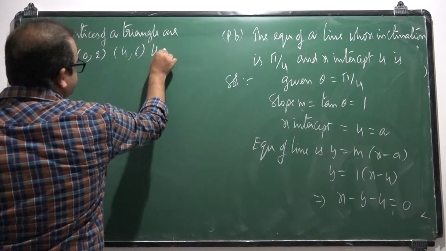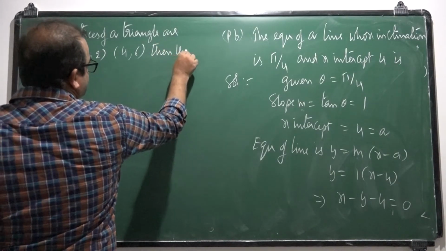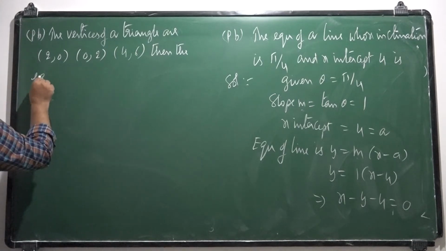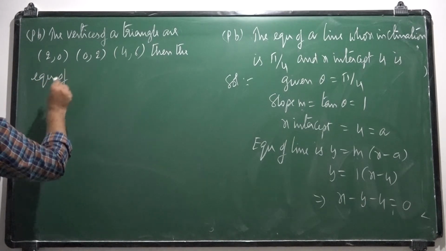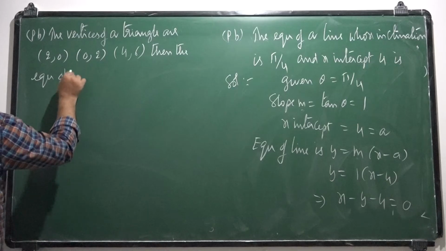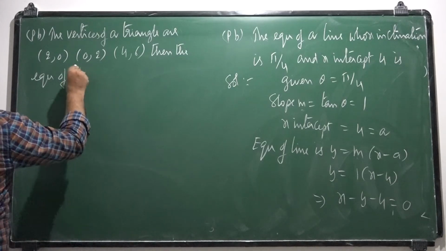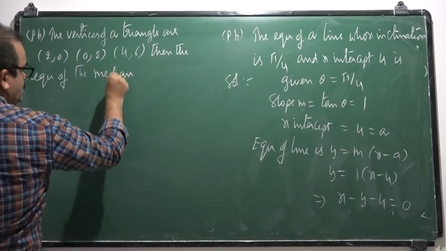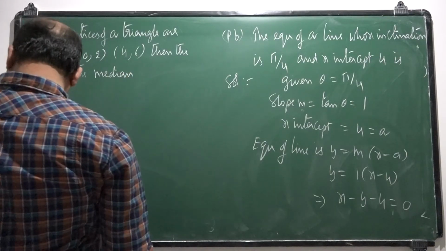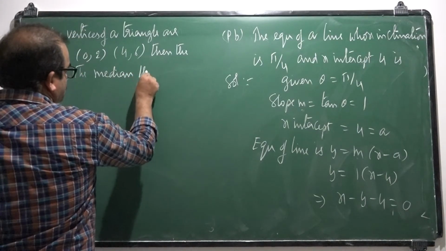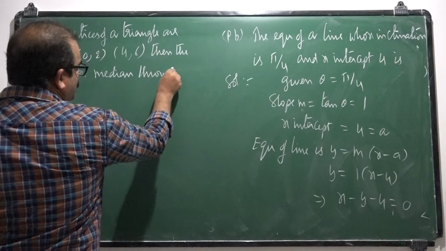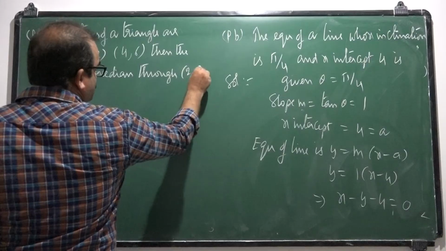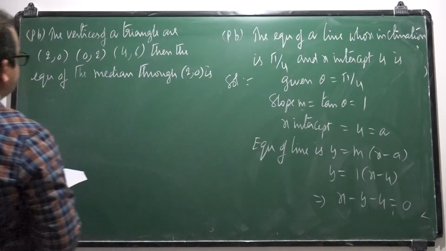Then the equation of the median through the vertex 2, 0 is